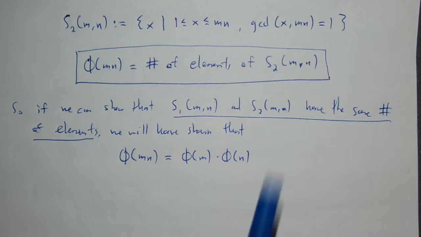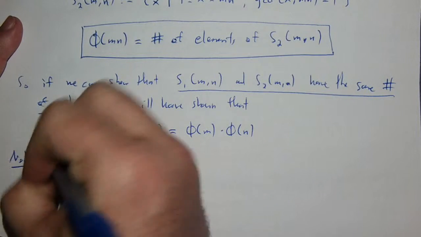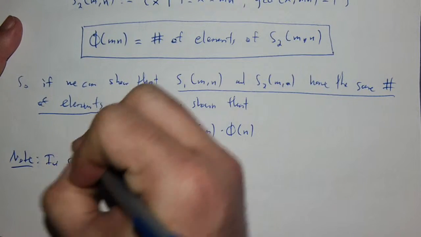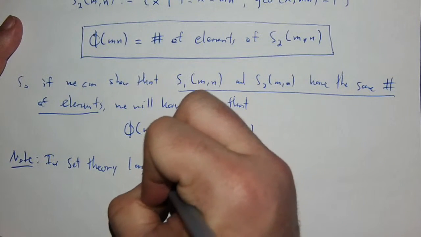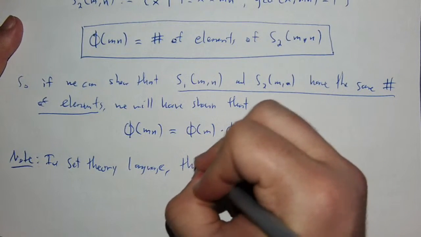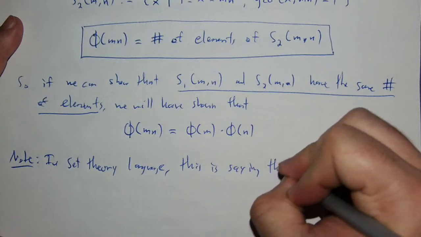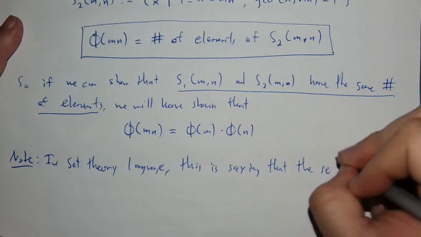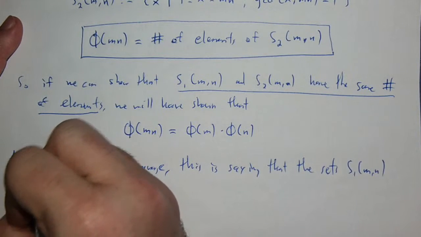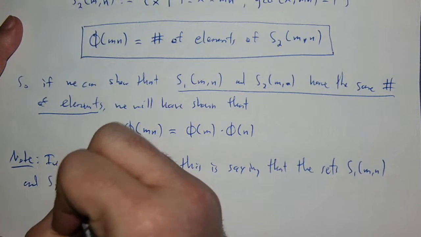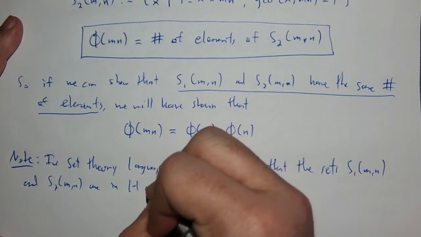What this means in the language of set theory, so note in set theory language, this is saying that the sets S sub 1 of mn and S sub 2 of mn are in one-to-one correspondence,